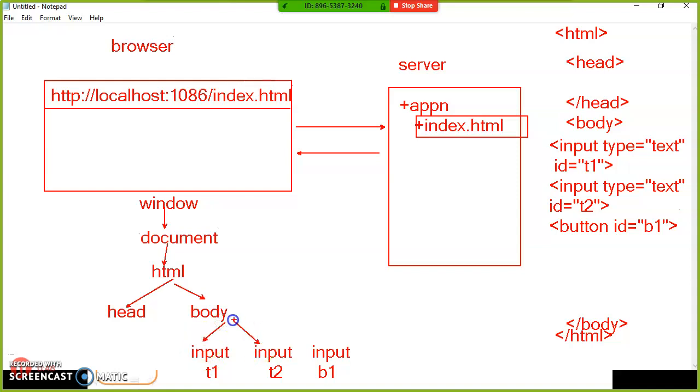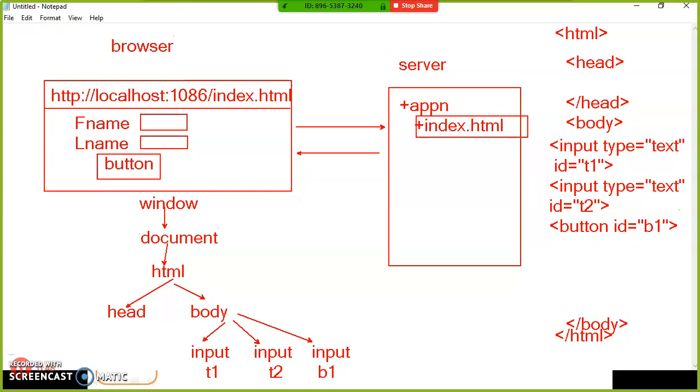Now if you want to know your value, for example, now I will get the output like this. Enter first name, enter last name, and here I have one button, something like this. This is my design actually. These are my text boxes. Now the main purpose of HTML is to display the content on the browser. We cannot perform any operations by using HTML.